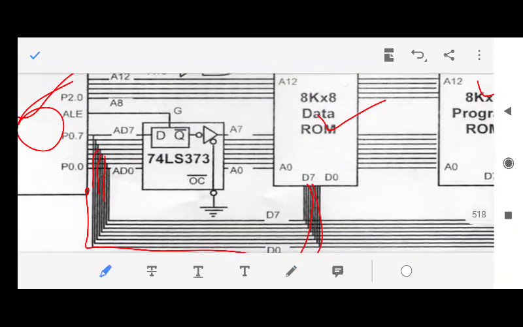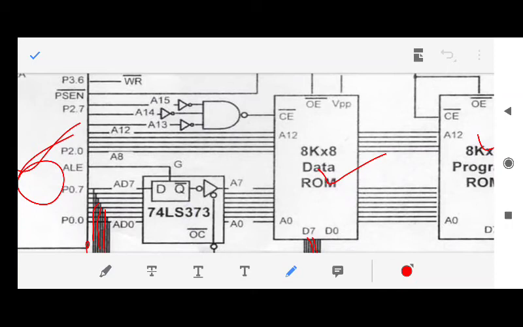Now second thing, the remaining 5 pins, because you need 8 plus 5, that means 13. So the remaining 5 pins will be taken from port 2, and those 5 pins can be directly connected to the memory. You connect it like this, and if you have space in your copies, you can also connect it like this. If you don't have space, it can be connected like this through this memory from here to here. It automatically knows that this line is connected to this also and this also. Fine. Second thing is done, address lines are connected.